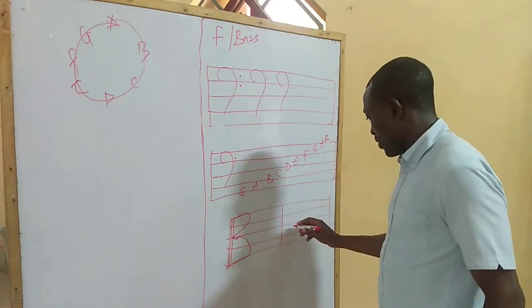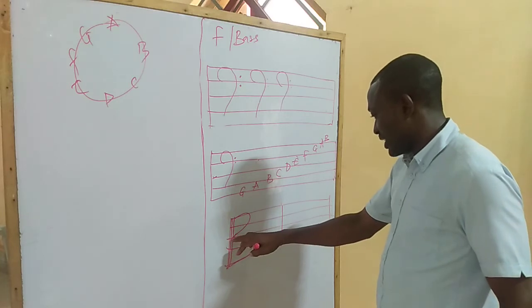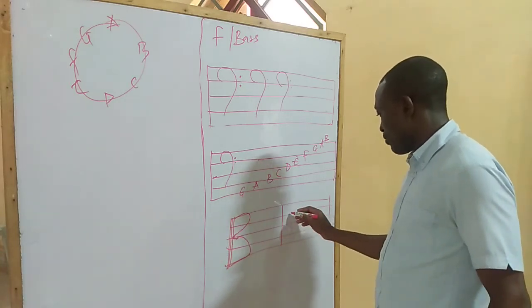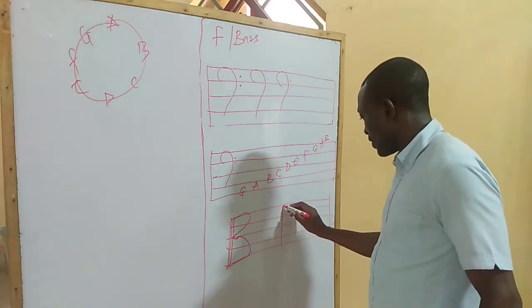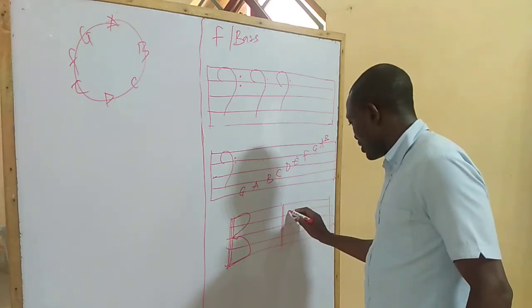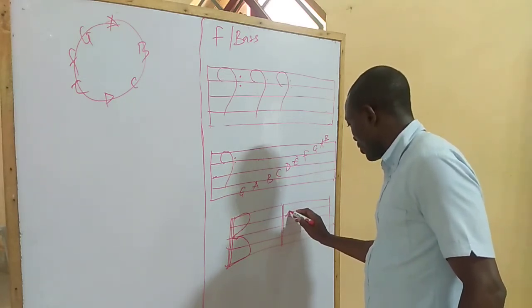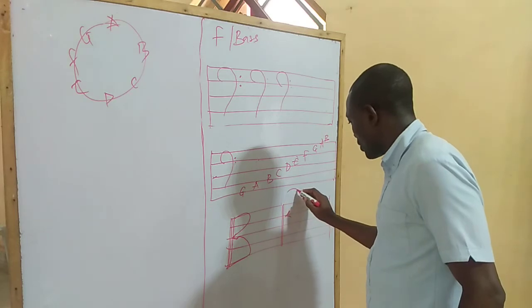But the tenor clef will not start from this line 3 point here. We'll start from line 4. So we're going to have line 4. You have it this way. Then it's going to be